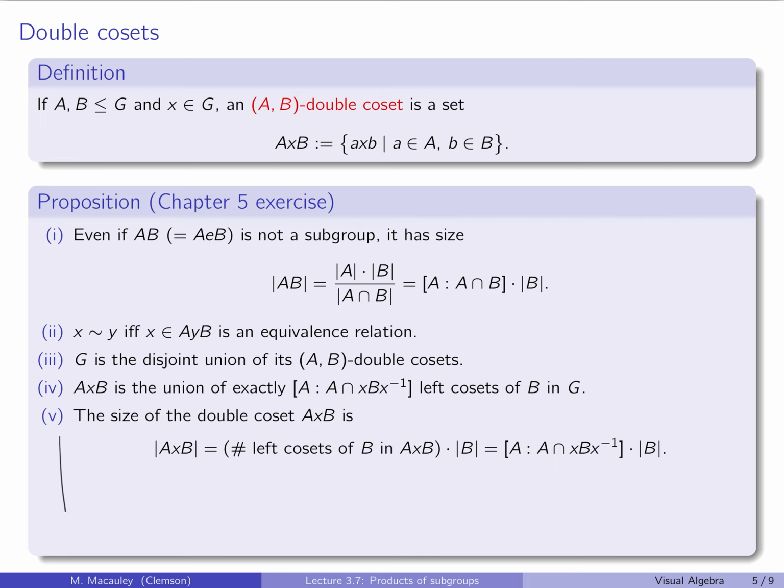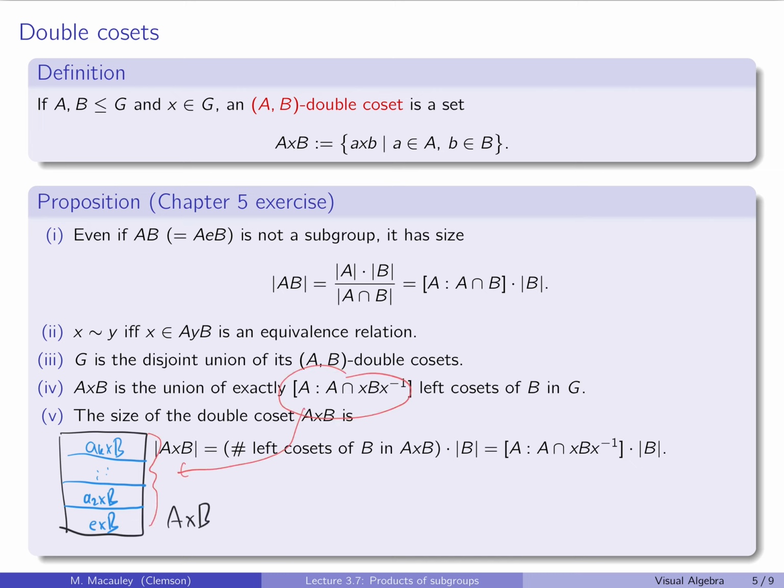If this is the double coset AXB, then what that means is AXB is the identity times X times B, times A2XB, up to A, say, KXB. So if we know that there are exactly this many